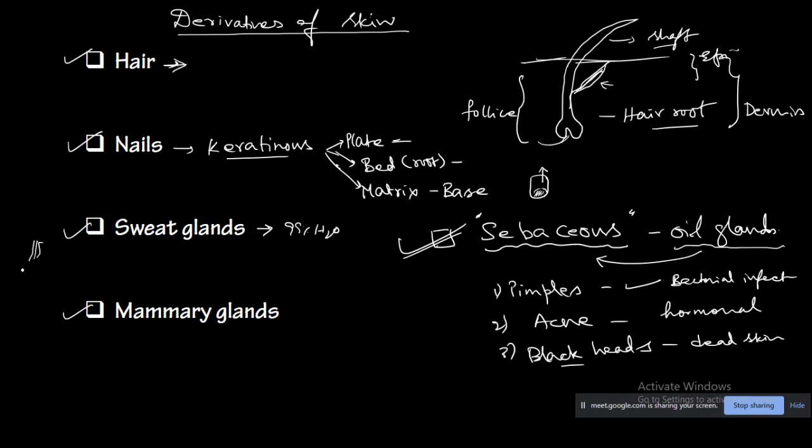Okay, so it will mainly lubricate the margins of the eyelids, and you know that tears, when they are formed, will form a nice round shape. Because there is some surface tension produced. Already water is having good surface tension, and the slight amount of lubrication is due to this secretion from the meibomian glands in the eye.